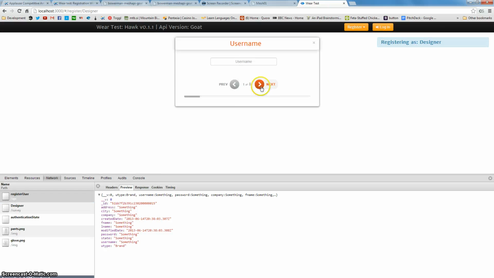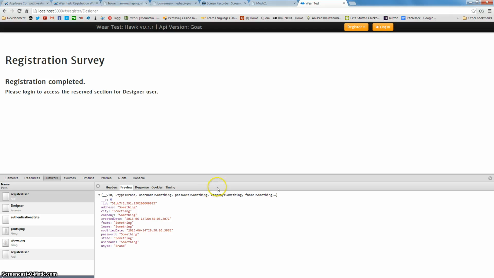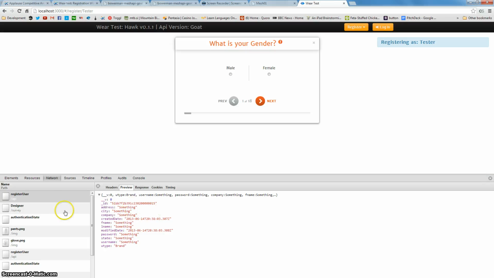So as a designer, I think there are no major changes. Also just input fields. Okay. The interesting thing is when you want to log in as a tester,